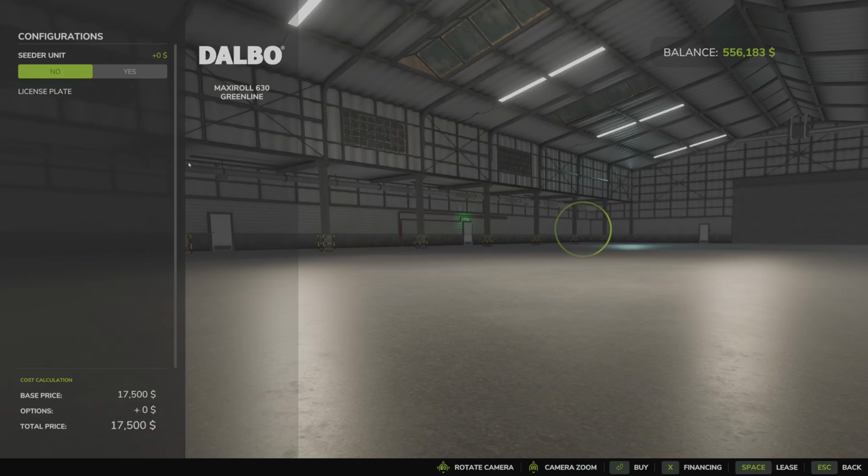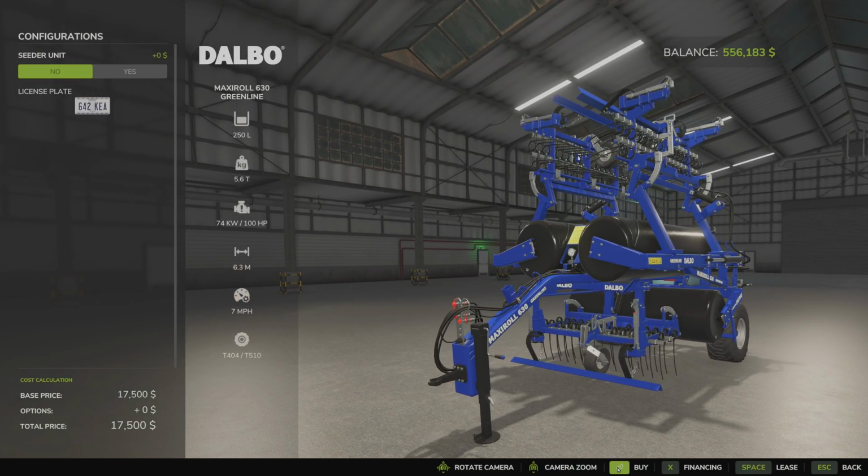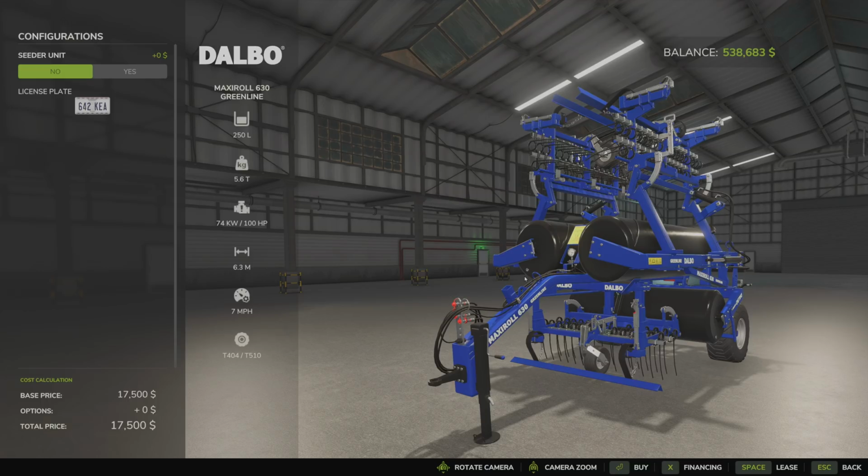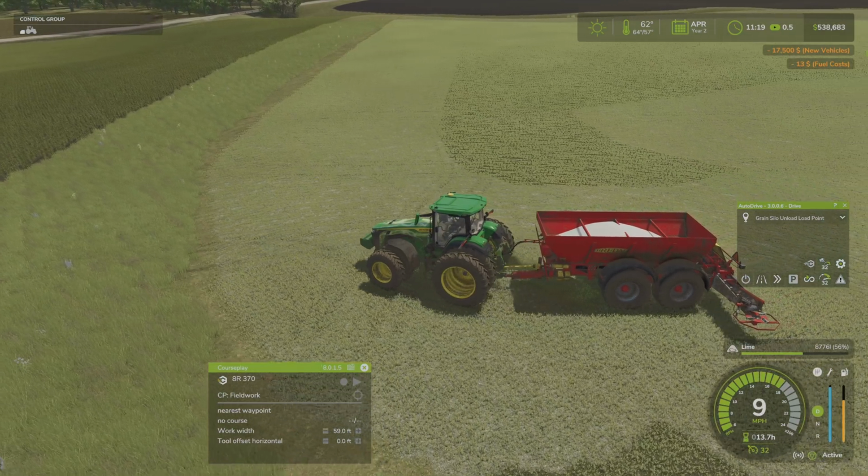Where's... Oh, yeah, got to double click. There's the buy button. Cedar mount unit. Nah, I don't think I need a cedar mount on this. We are seated, so...